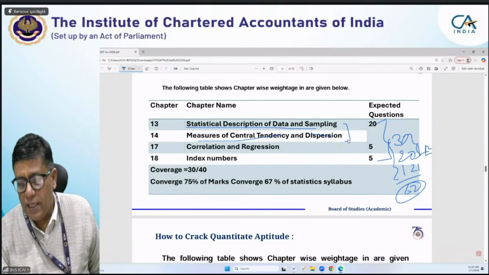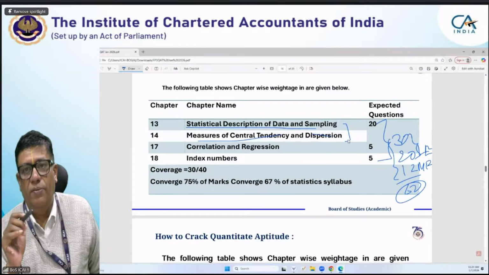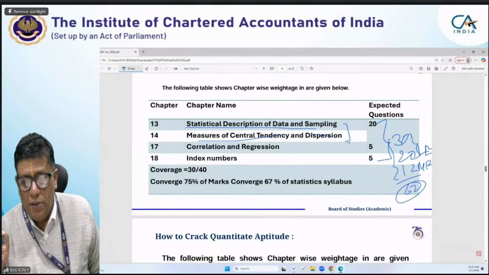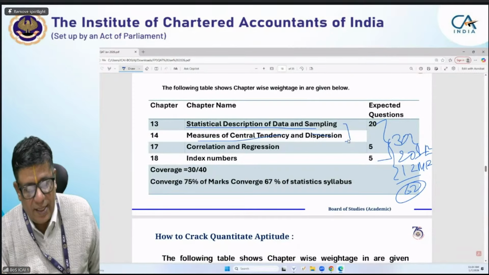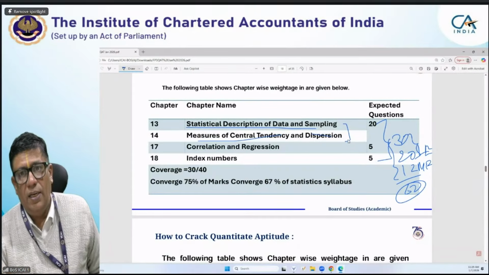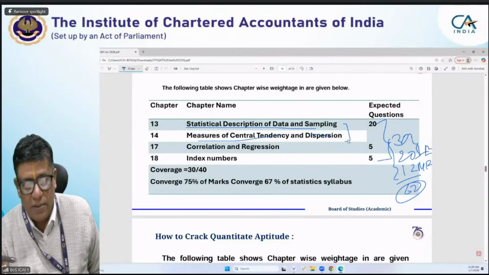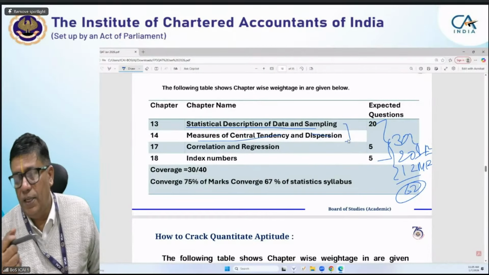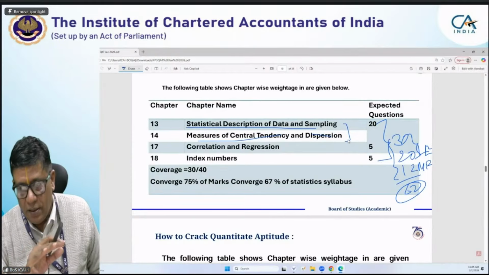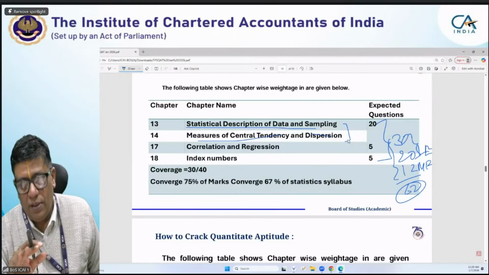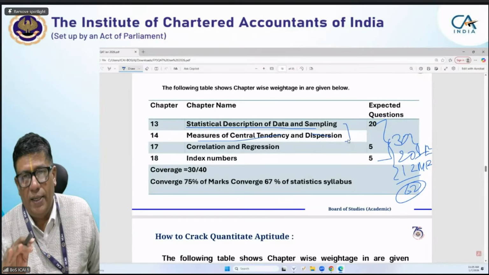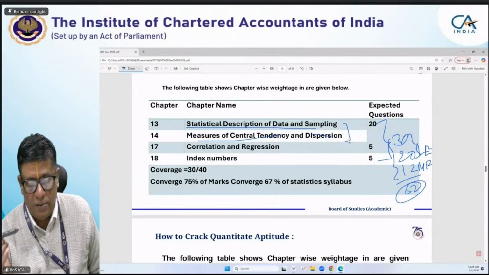This is the mathematics of finance. That means you should not ignore any of these chapters: the 4 statistics chapters and the 4 logical reasoning chapters, so 8 chapters, 9 chapters. These 9 chapters carry a good number of marks from the examination point of view. And the only solution for this is practice, a variety of different kinds of questions, so that you will be able to succeed in the examinations also.